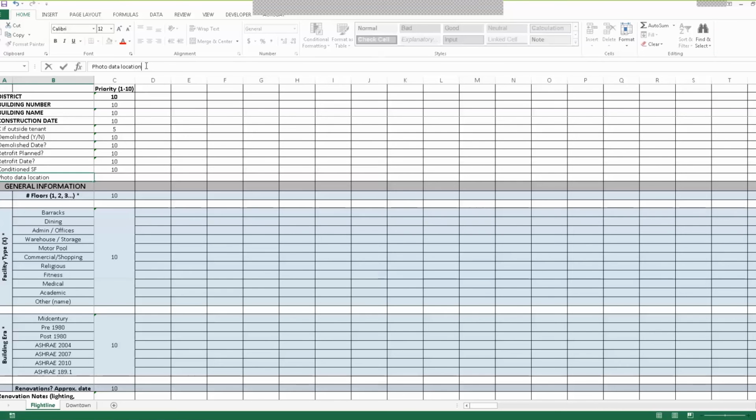But assuming we're going to do it on paper, or in this case, in this spreadsheet, we should at least have all facility types available, so the person can actually make the determination right there. I think I want it to be a barracks, and what I think is interesting is that as you start to sort this and collect all this information, we can see